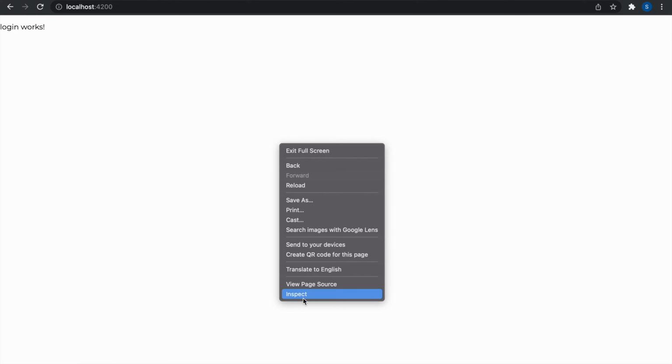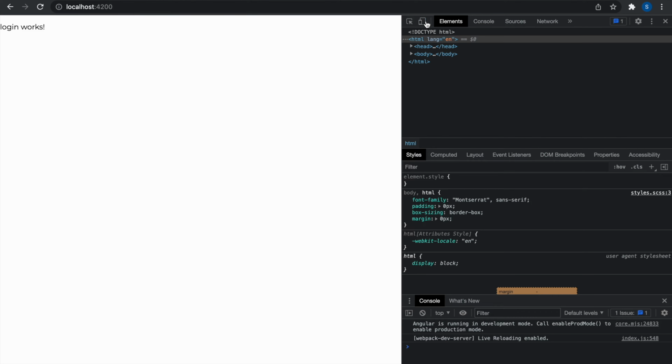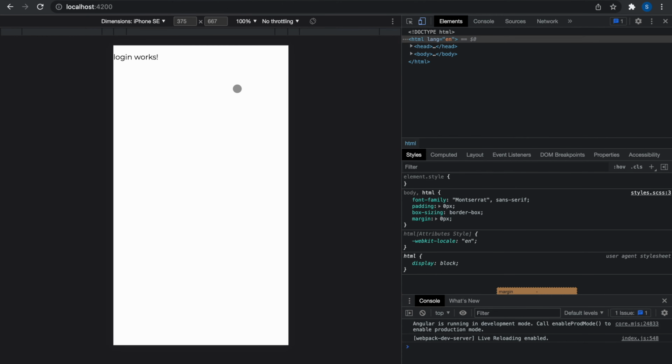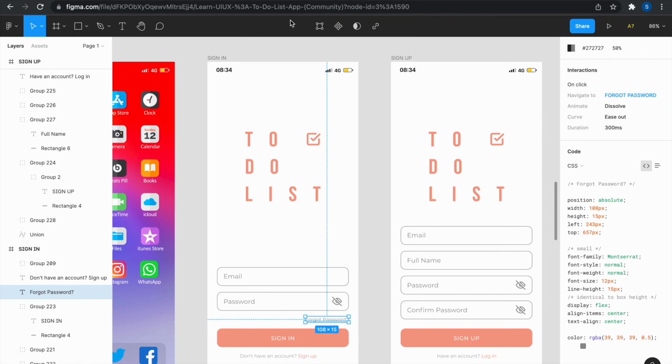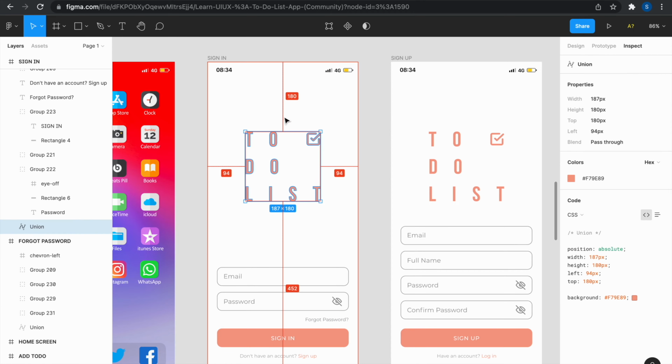Okay, so let me just inspect this page and open a mobile view, because what we want to create is a mobile web application. So we just want to view this in a mobile view, right? Now let's go back to our designs and see what we need. What we'll need from this is to have this logo centered, and have its